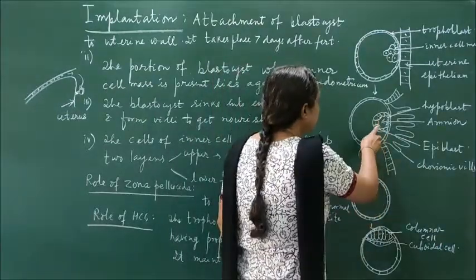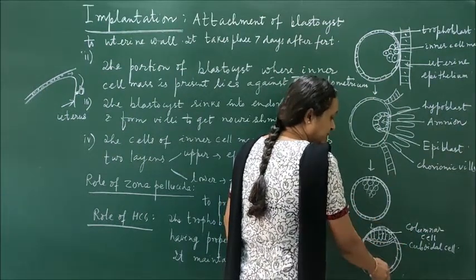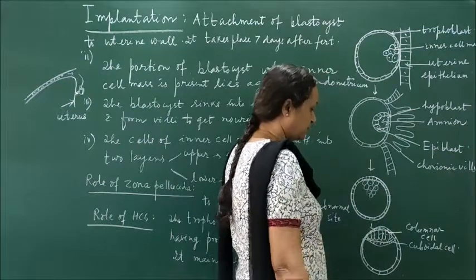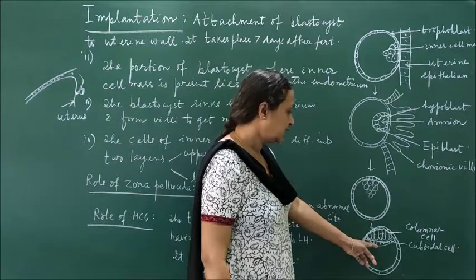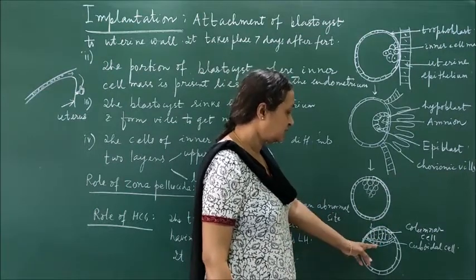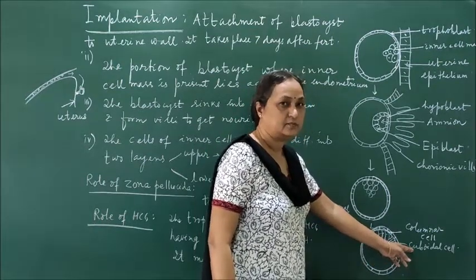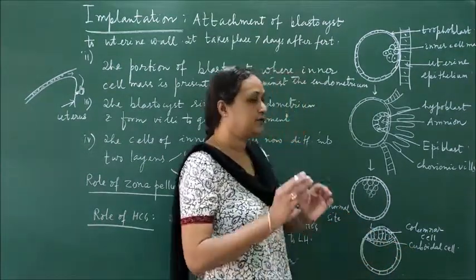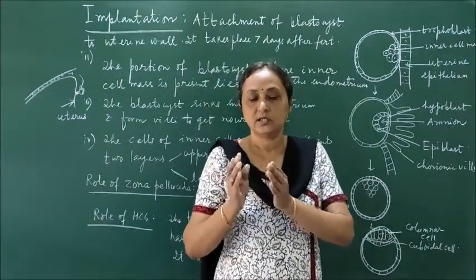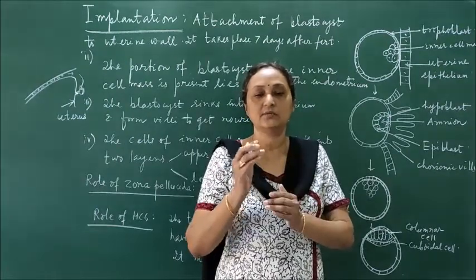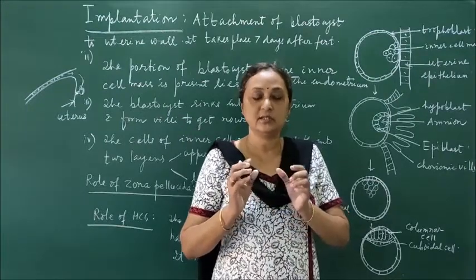Then this irregular mass of cells is divided into two distinct layers. Here you see the upper layer, which has columnar cells, and this is called epiblast. The lower layer, which is differentiated and separated from the upper layer, is called hypoblast. Here you see the hypoblast cells: they are small in size, and these are cuboidal cells. So ultimately you know that there are three germ layers, and the embryo develops from the inner cell mass. The inner cell mass differentiates into three germ layers, and all the body parts and organs ultimately develop from only these three layers.